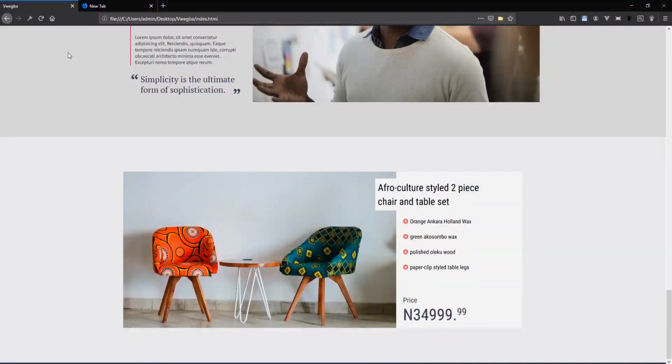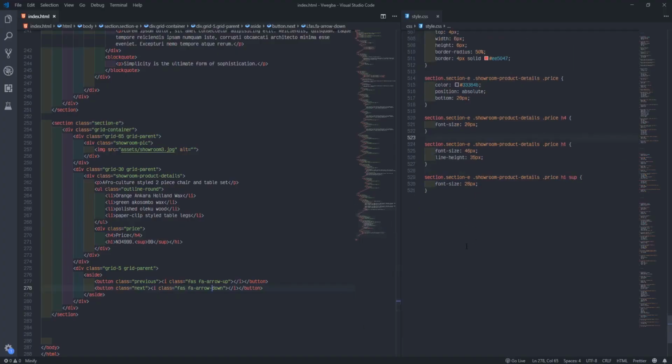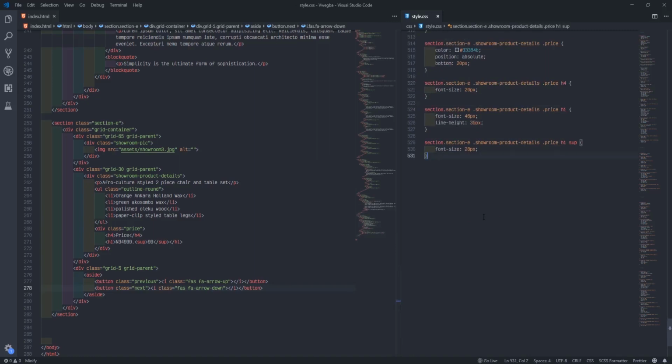So I'll go to my browser and refresh. Okay, you see I'll get these two now. So how would it transform, maybe like this now? Simple. What are we going to do? We will come here after this sup owner, and we'll target aside. So here I'll just say aside.